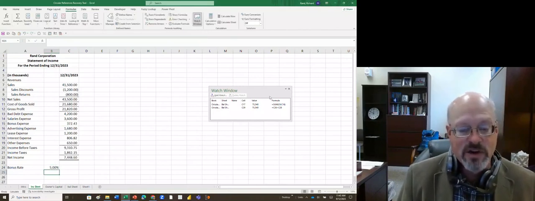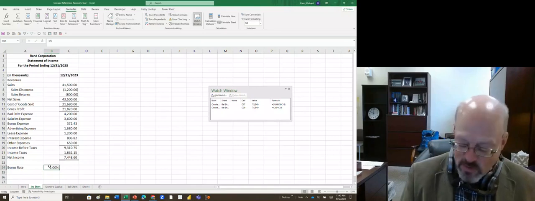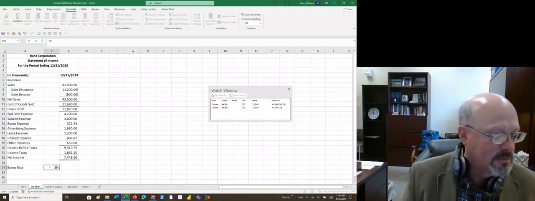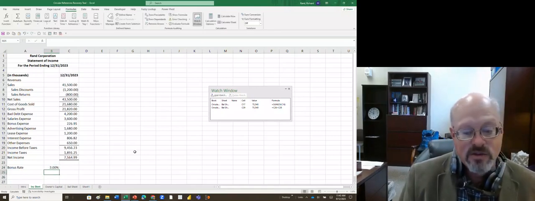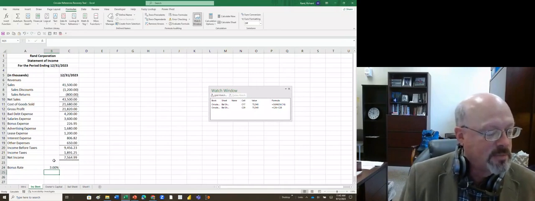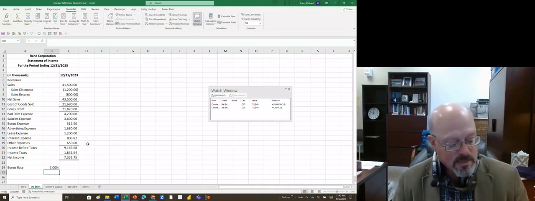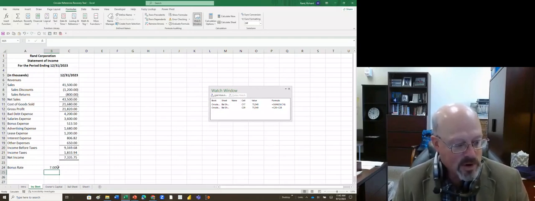And I want you to notice my balances over here in the watch window didn't change. Maybe I want to do only 3% bonus to my boss. Okay, well those still didn't change, but this changed. Maybe I want to do a 7% bonus. So I can do all these bonuses, but if I'm using the numbers on my keyboard instead of the numbers